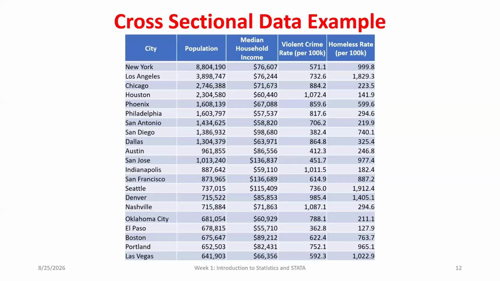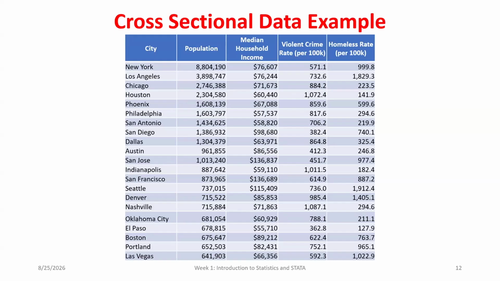I could then have cross-sectional data that looks a little bit different, but it's still the same thing. I still have one point in time. I think I went back and grabbed these from 2024, which was the most recent census data that I could get. And so I've got multiple different cities, so multiple individuals, one point in time, but I don't just have one,